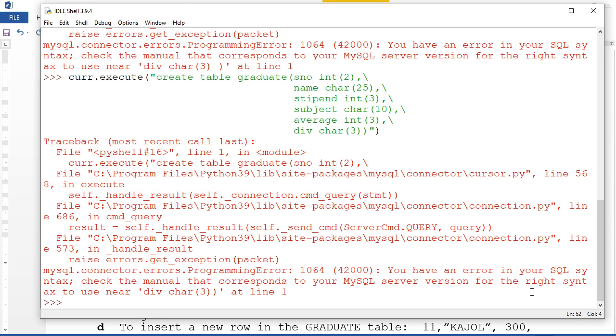Again, you see somewhere we have missed something. Sir, we have missed a colon. Where is that? Semicolon after character 3. No, let me just read this a minute.